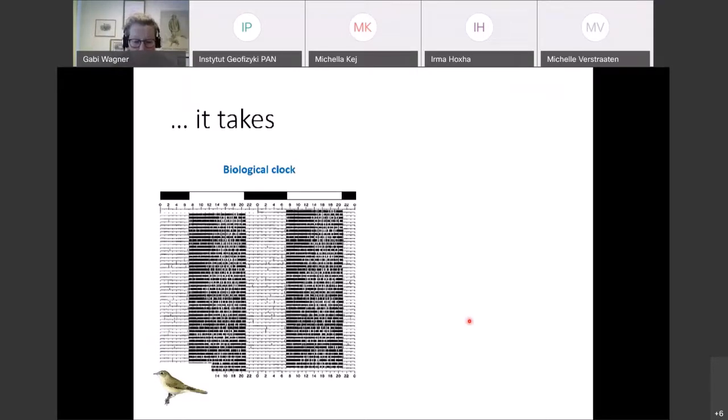This strange graph you can see here is called an actogram. And what you can see is everything that's black means movement. So this is when the bird is hopping around. You can see while it's daylight, the white bar here, the bird is very active. As soon as you turn the light off, the bird stops and goes to sleep. So you can see this is a rather long day. So the bird thinks we're getting towards summer. It's soon time to migrate.